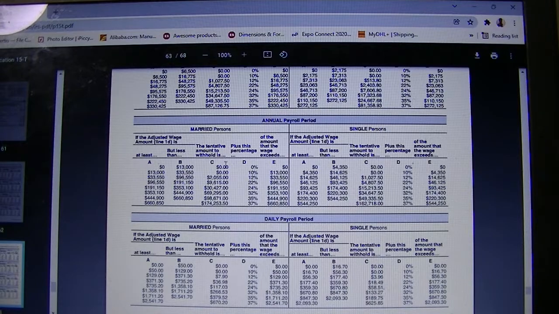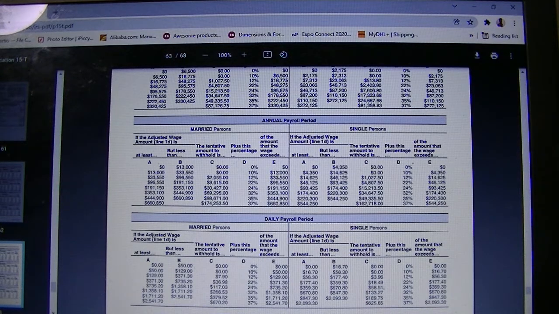So the tentative amount to withhold is $0 plus 0% of the amount that the wages exceed. So if you take an example here, if you are paying $14,000, for instance, for the year, it is 0 plus 10%,